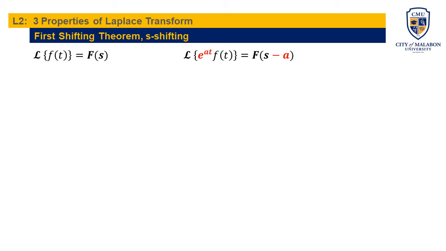So, titignan lang natin yung exponent ng e, and then yun yung i-introduce natin dun sa S once na makuha na natin yung Laplace transform. Okay, so let's illustrate this theorem through this example. So, we know that the Laplace transform of cosine omega t is equal to S over S squared plus omega squared. So, galing na yan dun sa